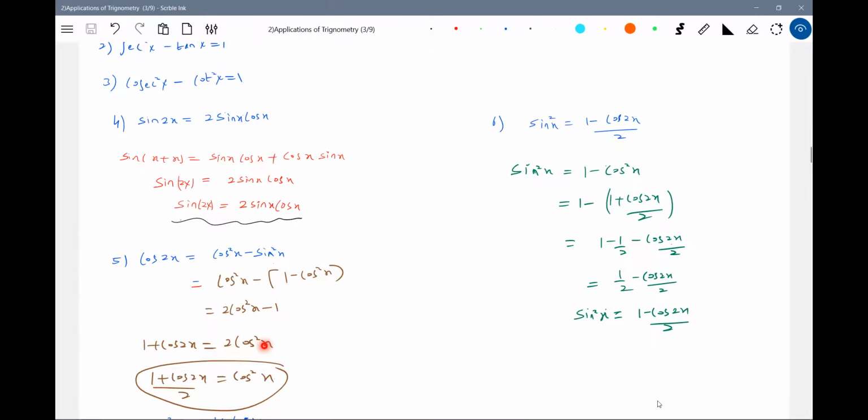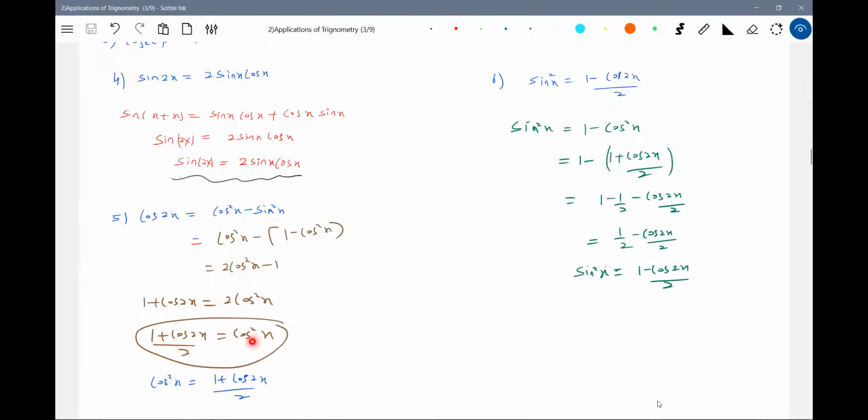So therefore, what is the expansion of cos square x? It should be equal to 1 plus cos 2x by 2. There's one identity. There's another thing which I brought; we'll give it the number 7. Let this be it. Similarly, sine square x, I'll write it as 1 minus cos square x.